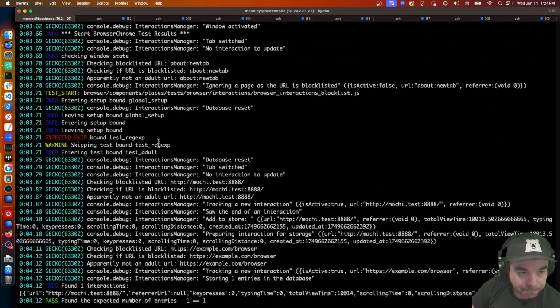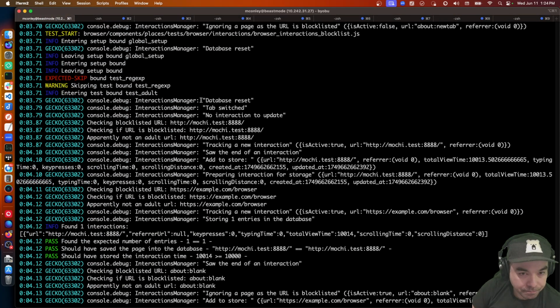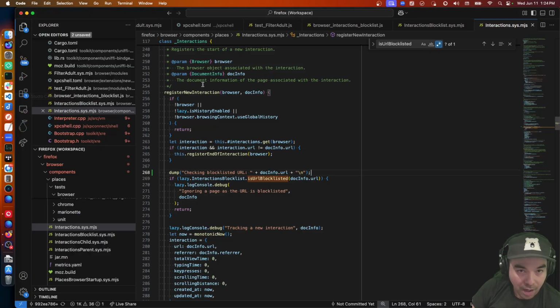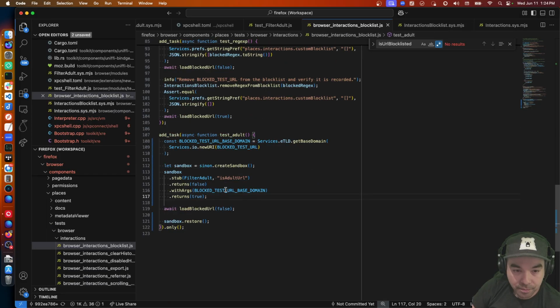Okay. Checking blocklisted URL, not an adult URL. Checking blocklisted URL. Apparently not an adult URL, example.com/browser. Aha. Okay, so